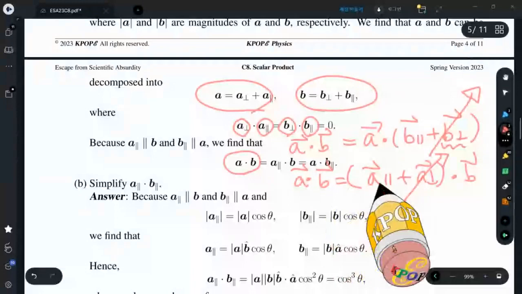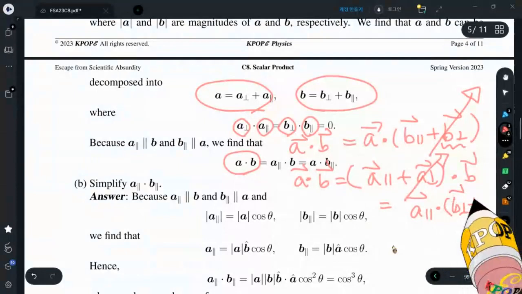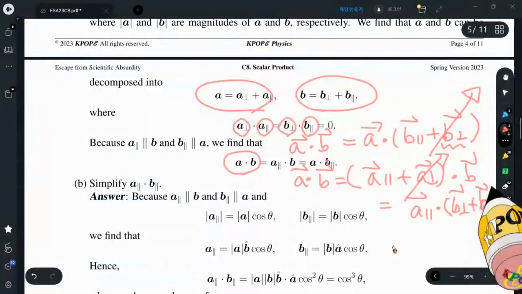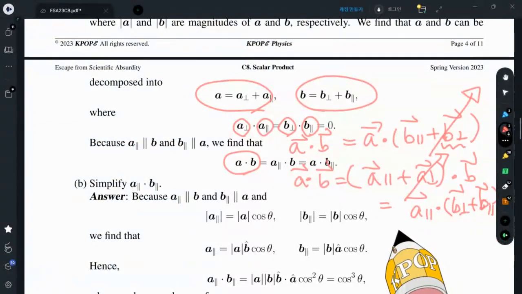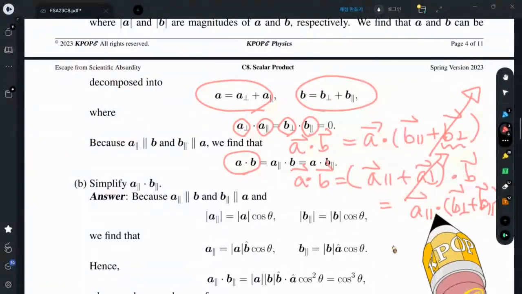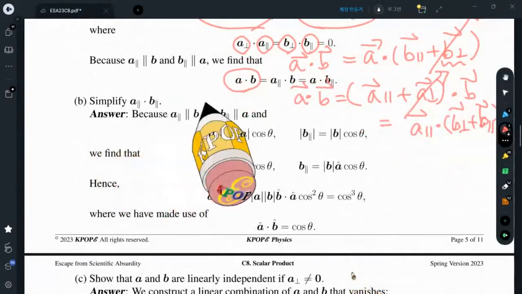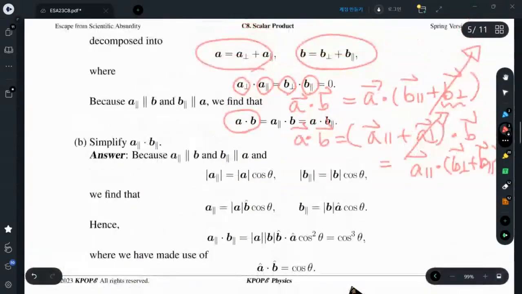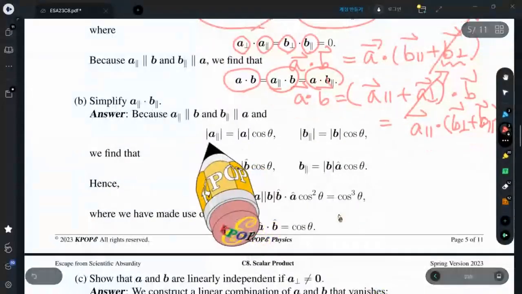One step further, I can rewrite this one in terms of B perp and B parallel. Aha! What I find is that B perp is perpendicular to A, but this is A parallel. So let us stop here. The convenient expression is this. What we have found is this. And then next step,